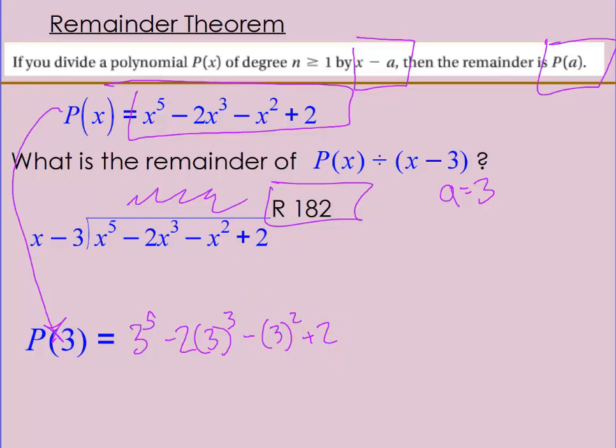And I do the math on that. Well, 3 to the fifth power is going to be something big. 27 times 9, which will be 7, 3, carry a 6, 18, 243. So it'll be 243 minus 3 cubed is 27 times 2 is going to be negative 54 minus 9 plus 2. And if you combine all that, 243 minus 54,